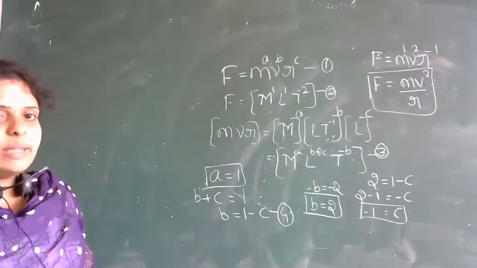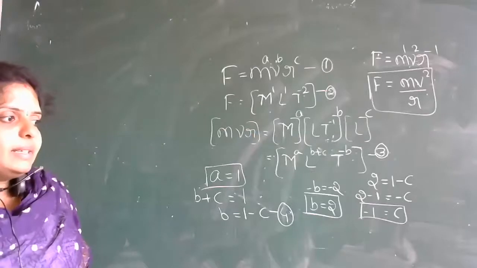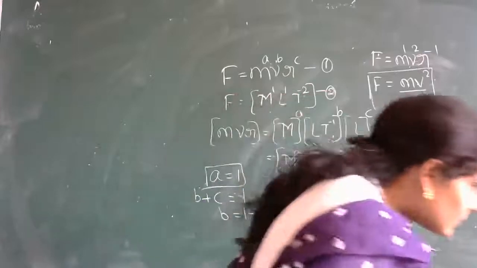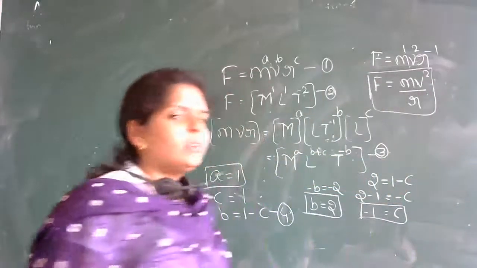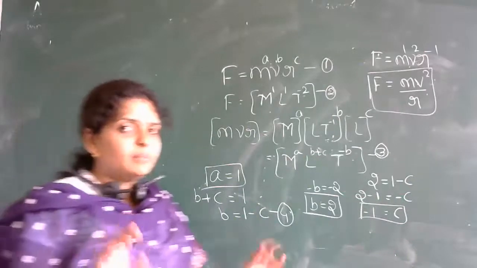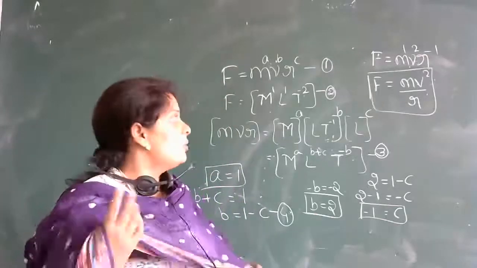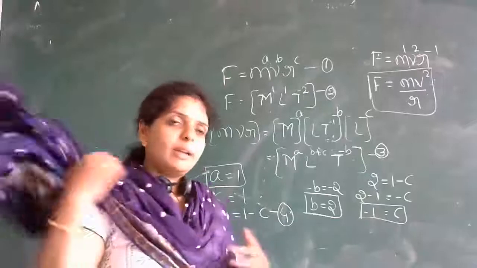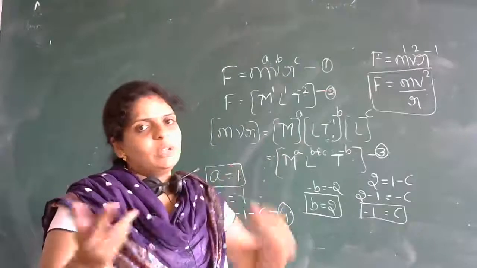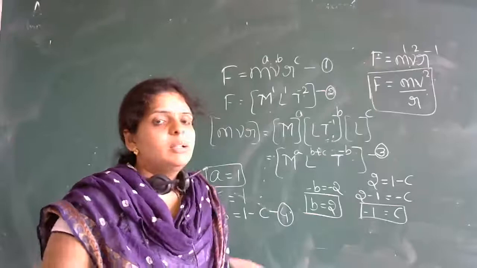This expression for centripetal force you are proving by using the dimension analysis method. Is it clear, everyone? Yes, if you want you can take k, or else you can leave the k. K is just some random constant. In case of time period we have taken it, here we have not taken it because here we knew the final expression, that is mv square divided by r. That is also not a problem. At the end you can substitute k is equal to 1 here. If you take it also, no problem. Is it clear, everyone?